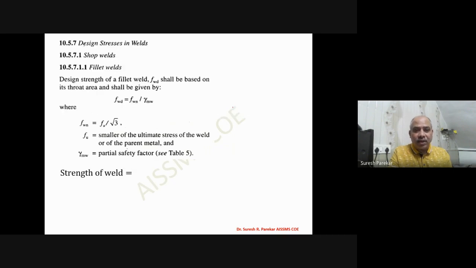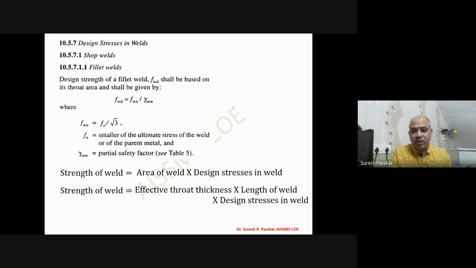Then the strength of weld we are going to find out, that is area of weld into design stresses in weld. Now the area is effective throat thickness into length of weld. Effective throat thickness we are taking as 0.7 into size of the weld. 0.7 depends upon your angle of fusion. We have seen that the value ranges from 0.5 to 0.7.